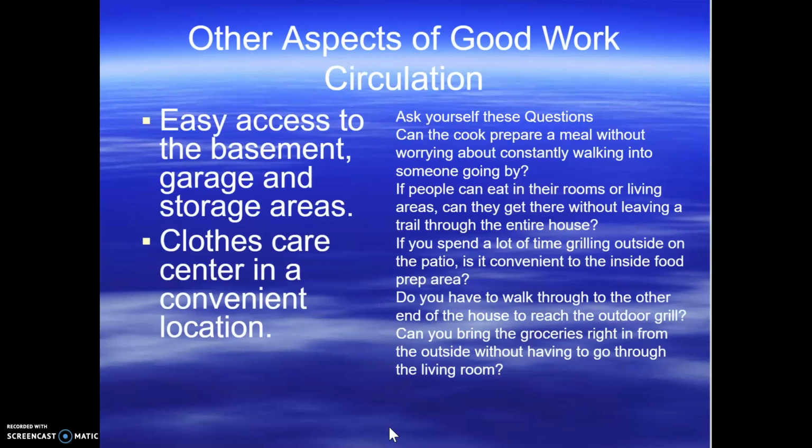Some other things to consider with good work circulation. Here are just some questions to think about when you're designing homes or redesigning homes. You definitely want easy access to the basement, garage, and storage areas, just when you're moving or trying to store things. Your laundry area or clothes care area should be in a